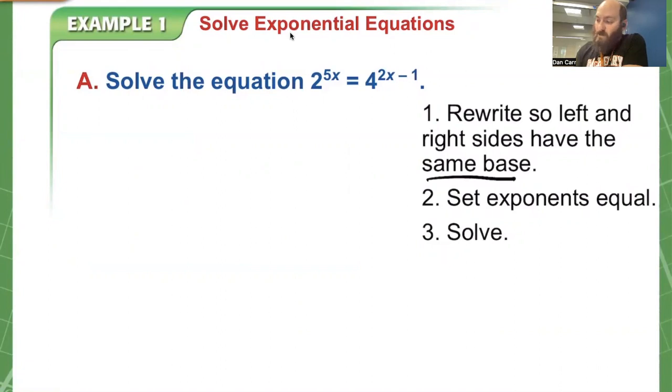So when we look at this, you notice how we have 2 and 4. Well, I can rewrite 4 with base 2. 4 is the same as 2 squared. So if I rewrite this, it's going to be 2 to the 5x is equal to